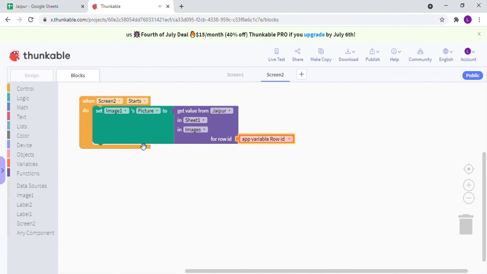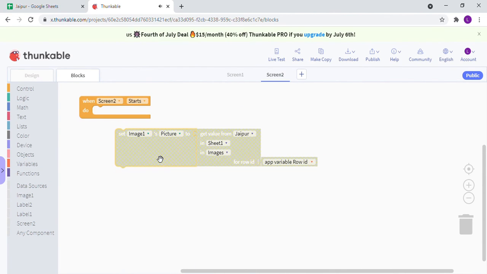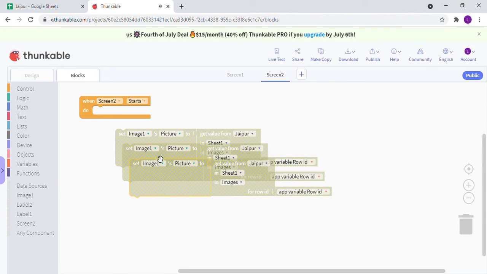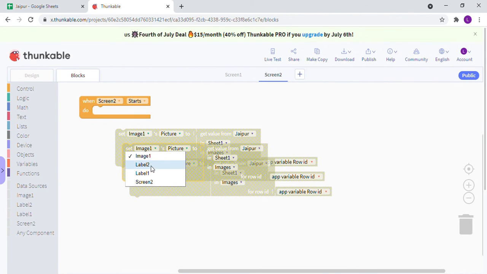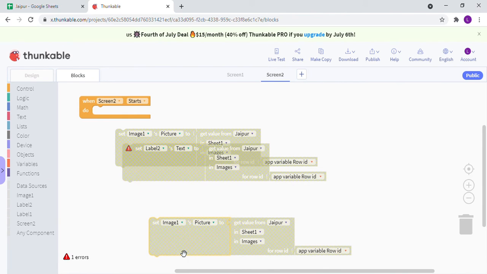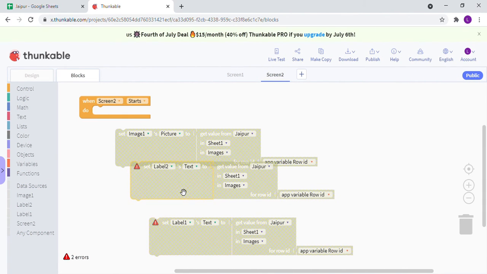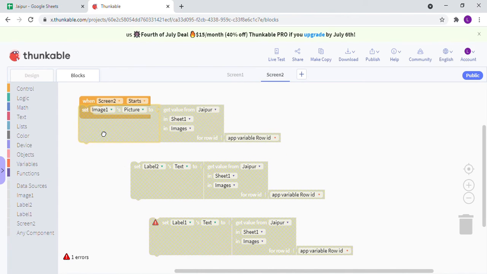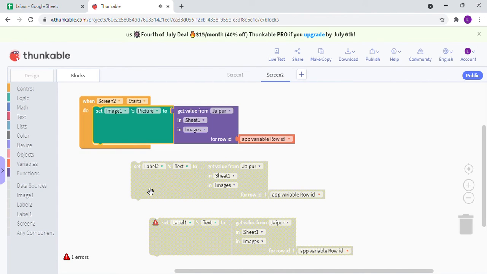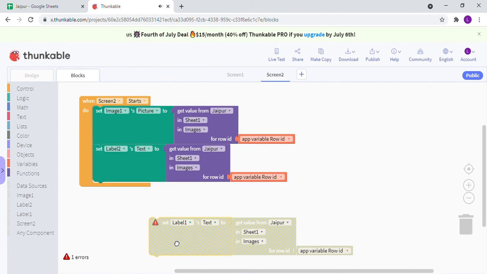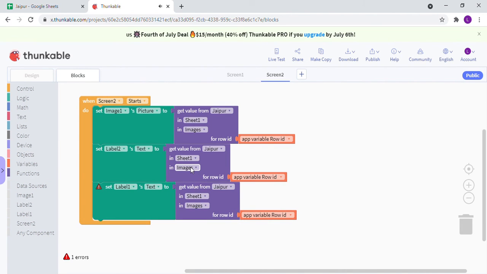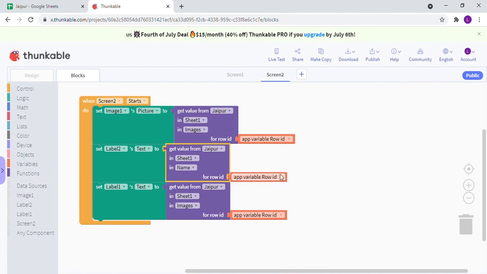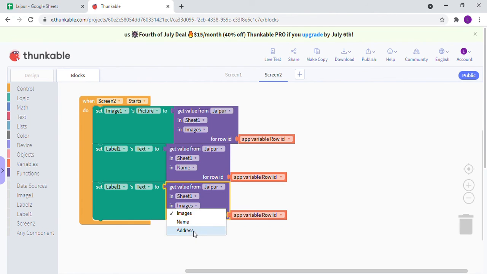Now we will just control C, control V, control V. We will change it to label 2 and this to label 1. Now to text, this also to text. Now we will just make the changes. We do not require image. We will get it from name and this from address.